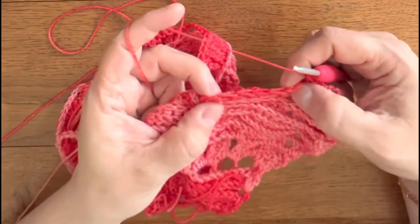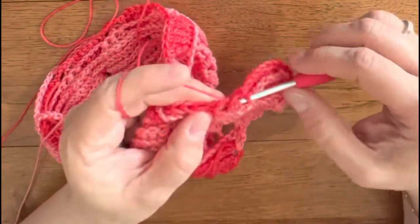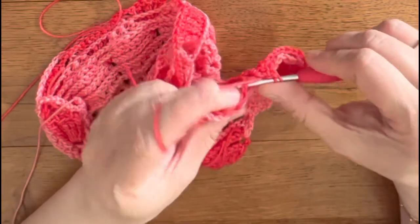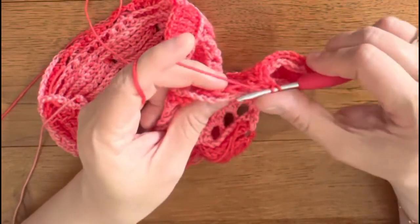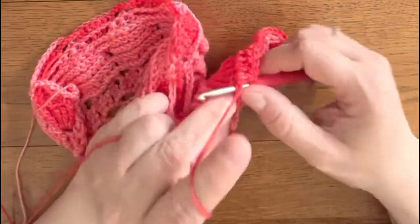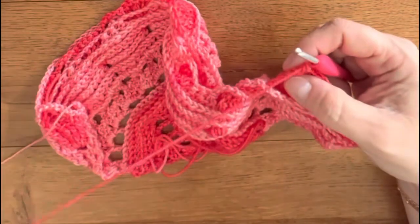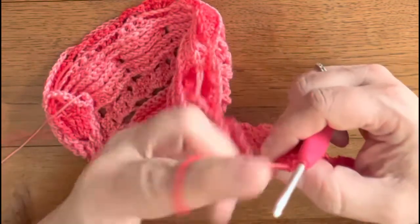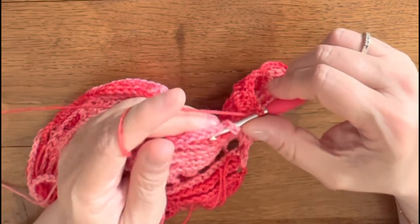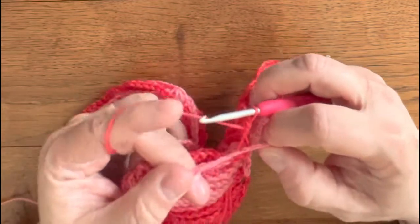You've got 6 stitches available, so what you're going to do is make an increase in the first one by 2 double crochets into that stitch. Then you make 1 double crochet into the next 4 stitches, okay, which leaves you 1 stitch left where you work another increase. So out of the 6 stitches we've now made 8. Then again a back post double crochet around that stitch from the previous round,